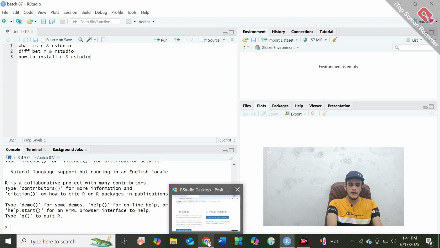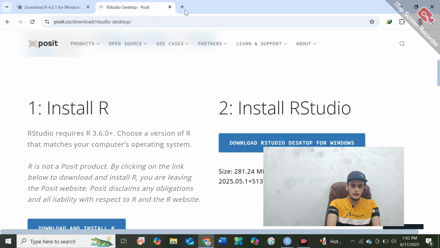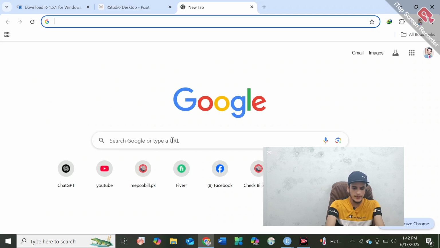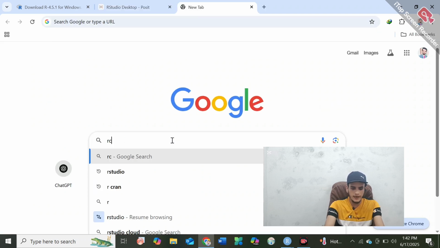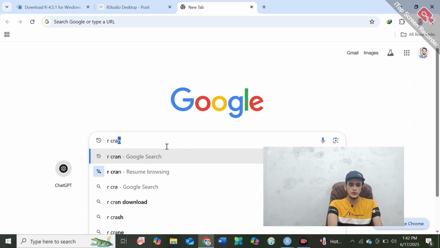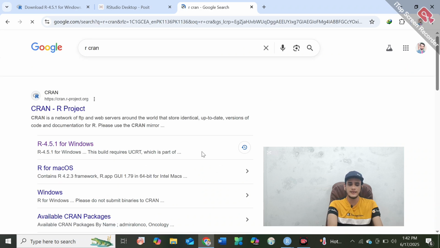Let me open and go to Google. Here you will write R CRAN. Here you will click, and you can see that in the first option there is CRAN R Project. You will click here, and after